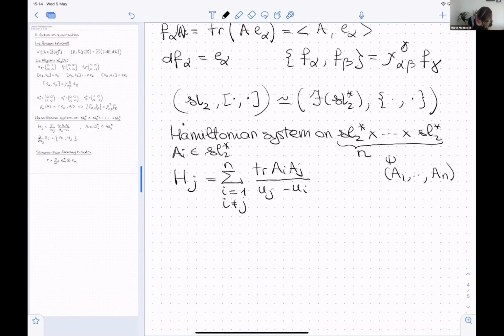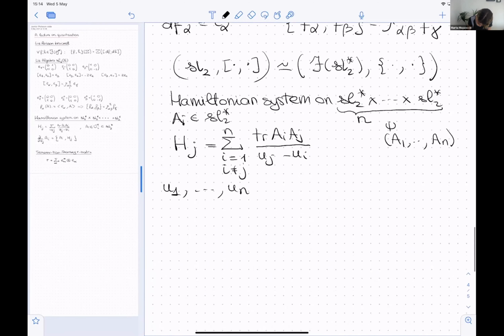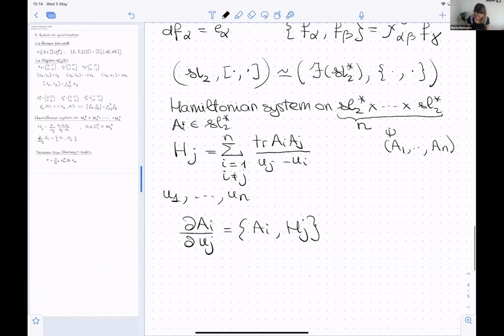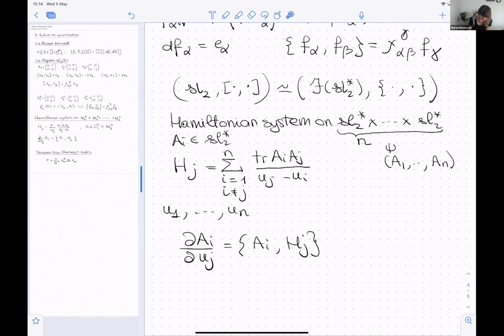And then we have n Hamiltonians in the times u_1, ..., u_n, so that the equations of motion of this system are dA_i over du_j equals the Poisson bracket of A_i with H_j. And this Poisson bracket, what is it? It is exactly what we had before